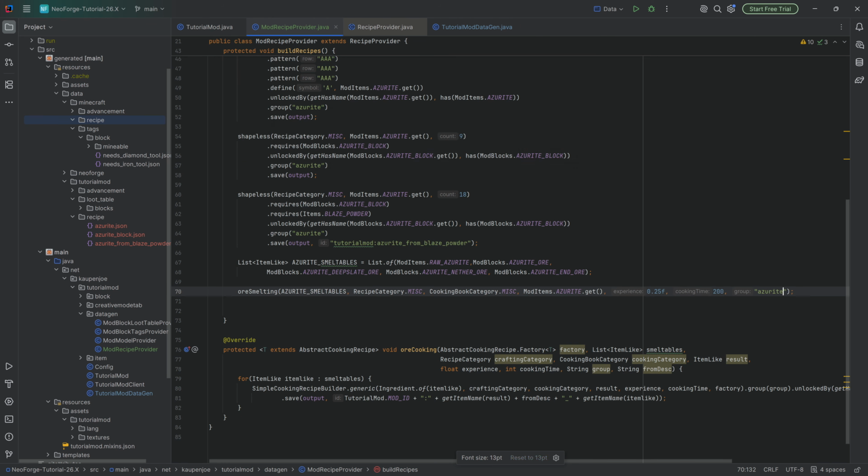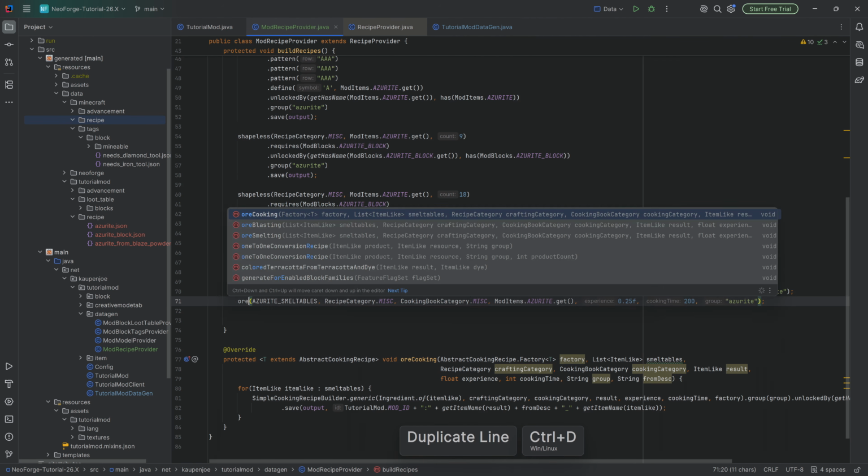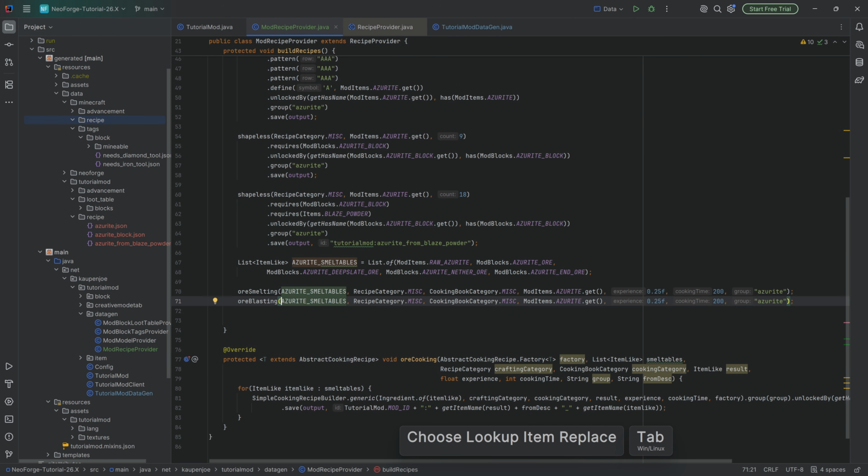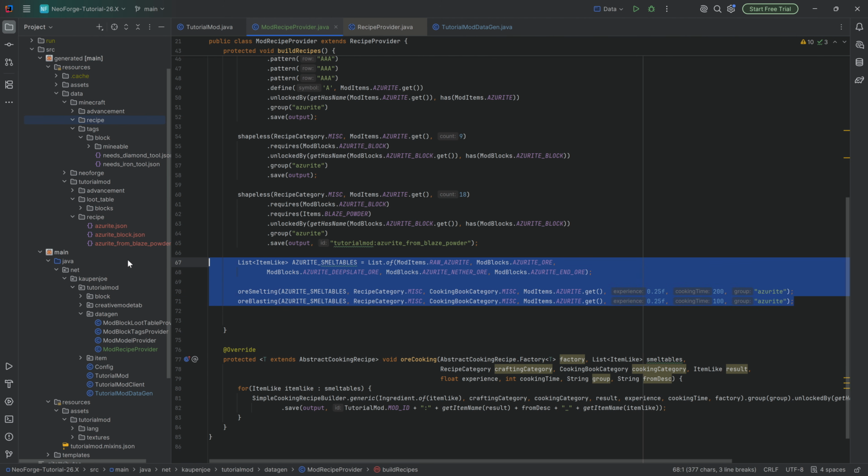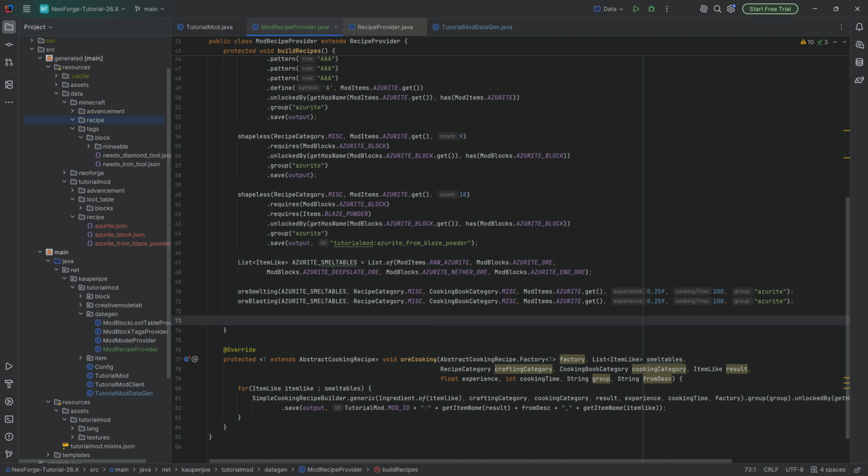Now, this is going to generate 5 smelting recipes for each of these different item types: raw azurite, ore, the deepslate, the nether, and the end ore. Boom, we duplicate this. We call the ore blasting. We change the cooking time to 100, because the cooking time in a blasting furnace is usually only 100 instead of 200, and that's it. Those 3 lines over here are generating 10 JSON files,